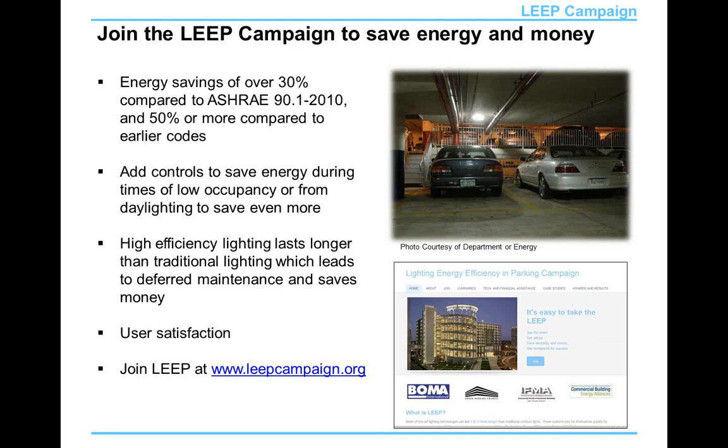We're also encouraging not just energy savings, but also good lighting practices, good color quality, good lighting uniformity, certain minimum amounts of light to encourage user satisfaction. Once again, here's the URL for the LEEP campaign at the bottom of the screen. And then moving into the next slide,